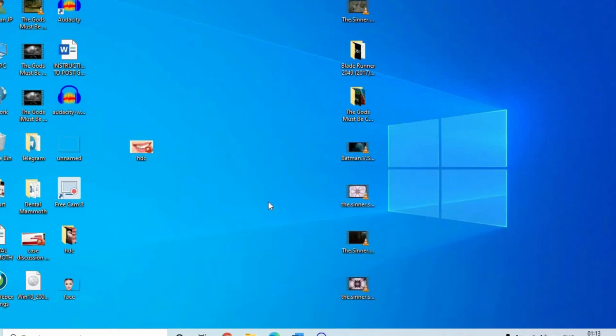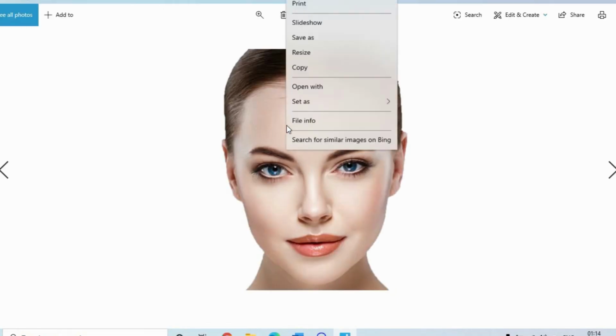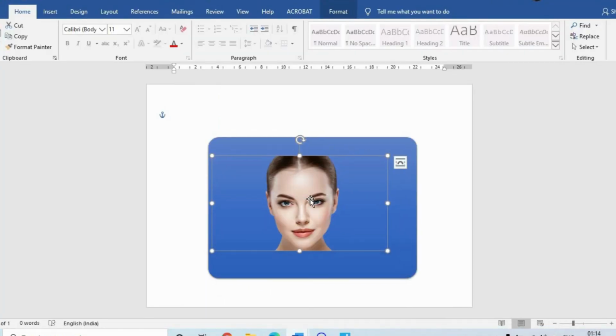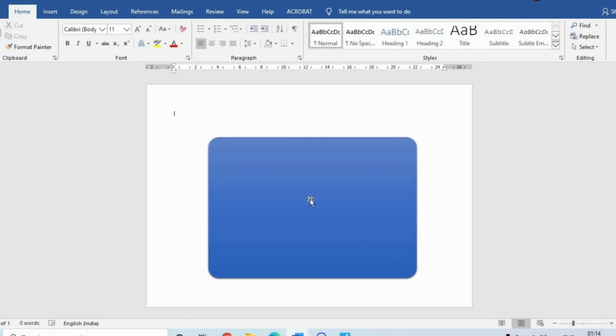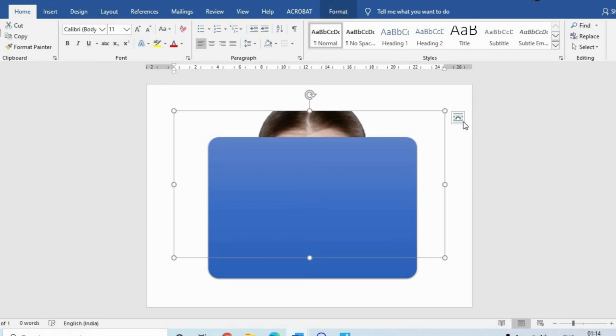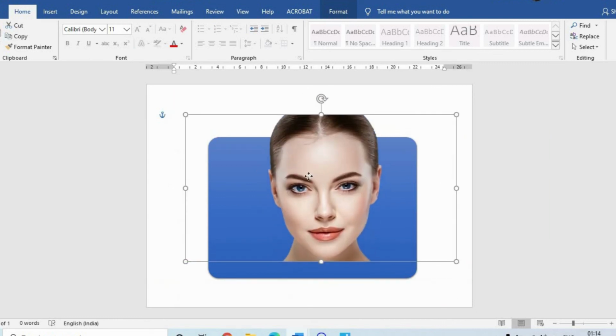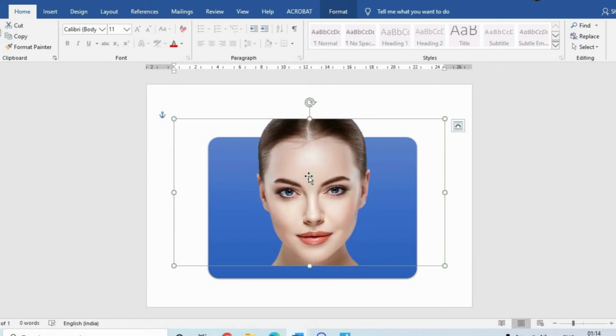Okay, now we will just go back and open. Okay, here is the face icon. We'll just open it and see. So again we'll copy it to make sure whatever we have saved is proper. So we'll delete this and we'll copy it. So bring it to the front. Yes, so now it's perfect. We have successfully removed the background and created a transparent image with no background.